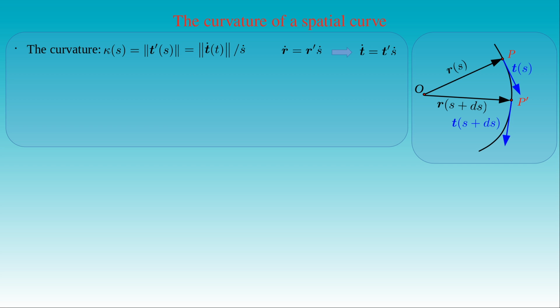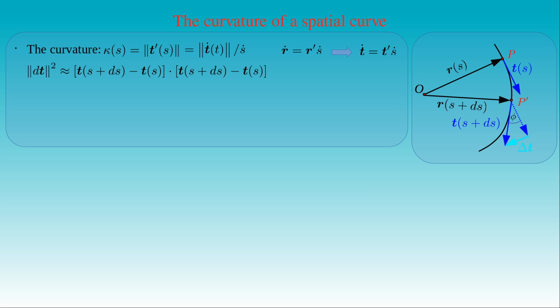We see that the direction and even the length of the tangent vectors can be different at the 2 points in the case of general spatial curves. If we translate the tangent from the point P to the point P', we can measure the angle phi between the tangent at P' and the translated vector. Let us denote the difference of these 2 vectors with the vector delta t. If the change ds in the arc length parameter is small, then the length of the difference vector delta t is also small. In this case, the squared length of the differential dt of the vector t can be approximated with the square of delta t, which is the scalar product of the difference t(s plus ds) minus t(s) with itself.